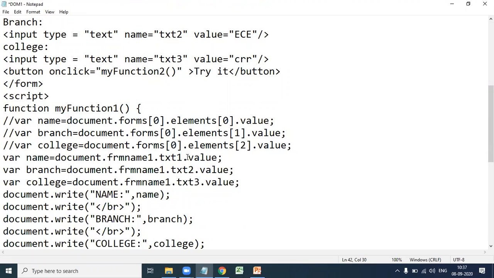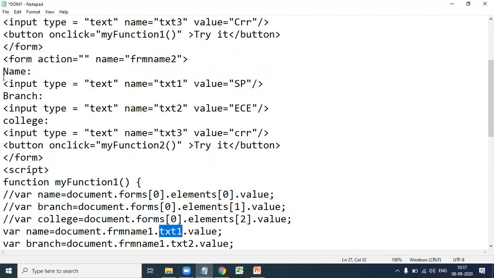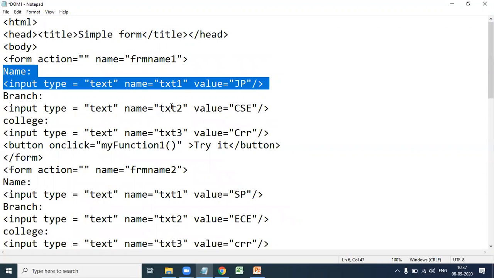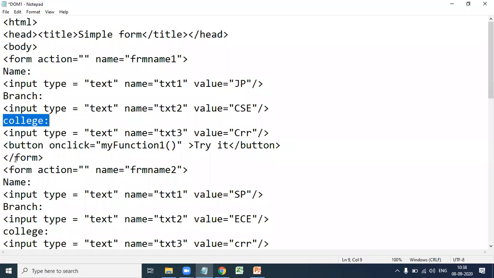Element with name txt1 has value JP, element with name txt2 has value CSC, and element with name txt3 has value CRR.